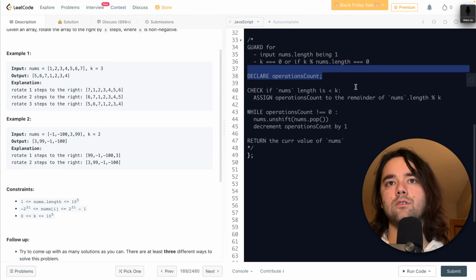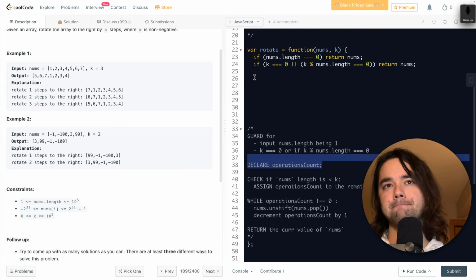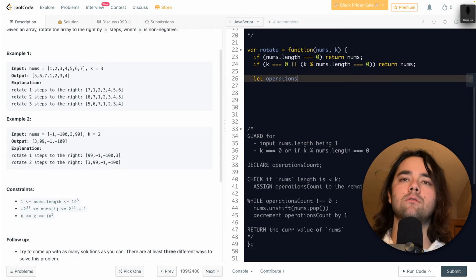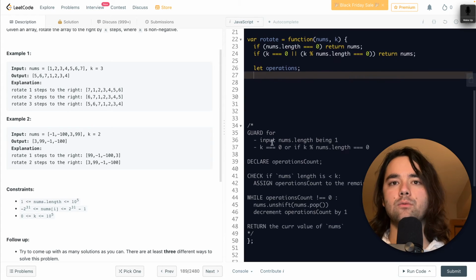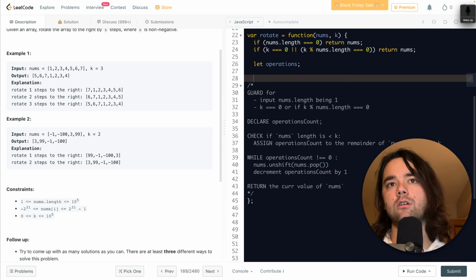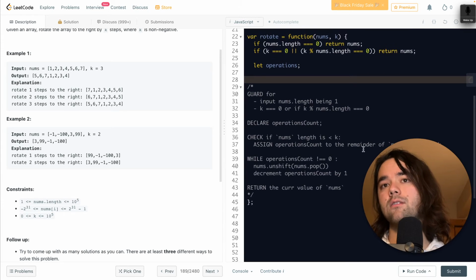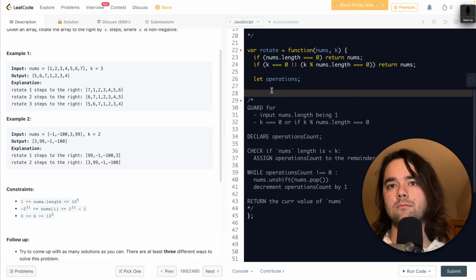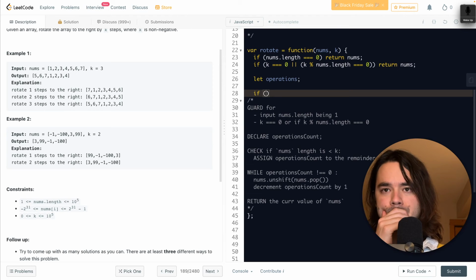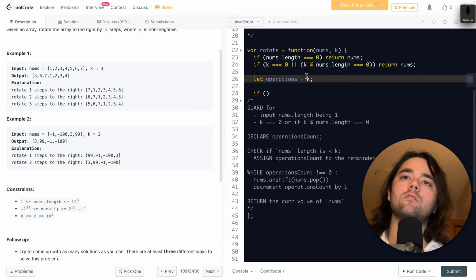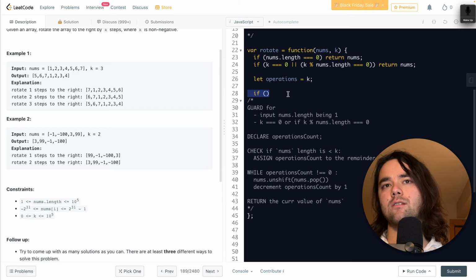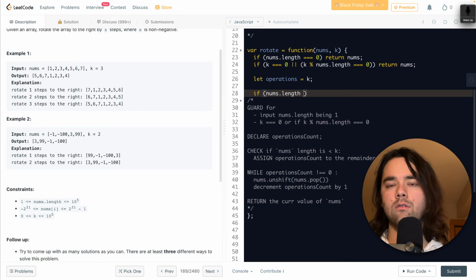And now we're looking here. So I want to declare operations count. Actually, let's just leave it at operations. Okay. And we need to check if nums length is less than k. I think we want to initialize that to k, because there's a situation where this is not evaluated. So if nums length is less than k,